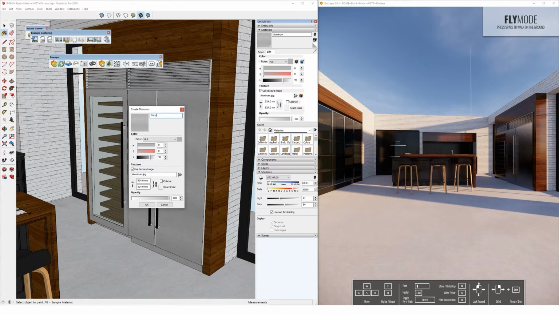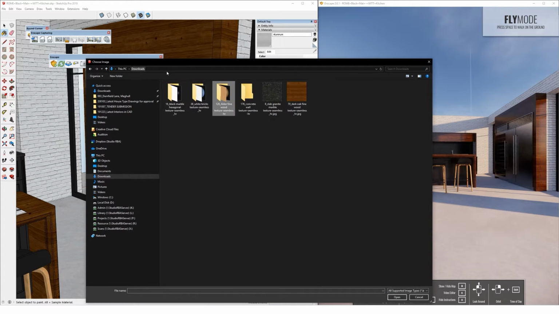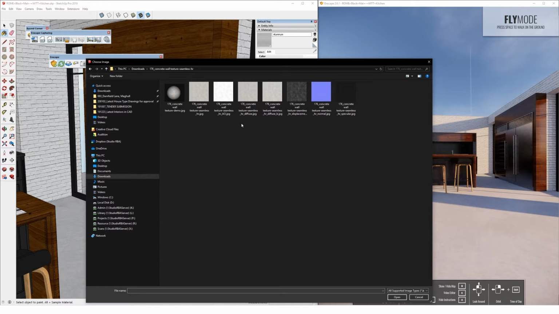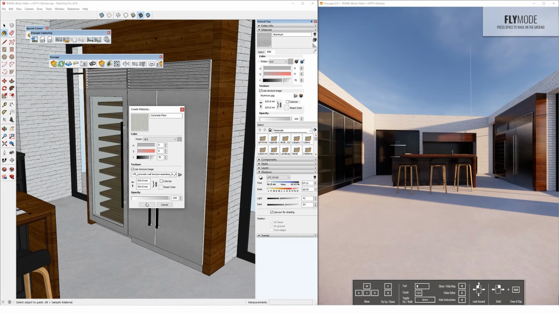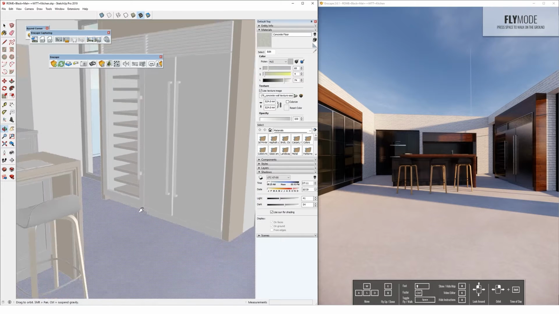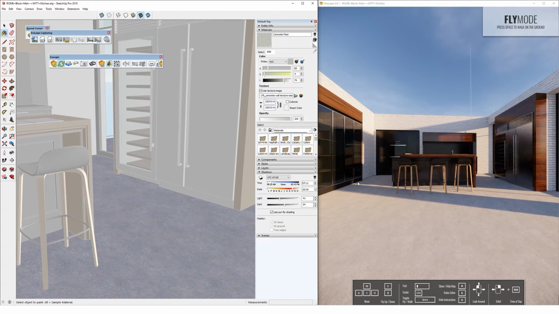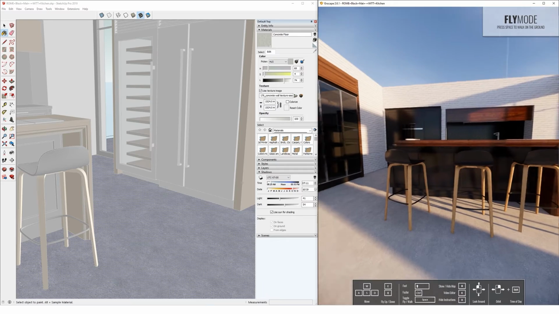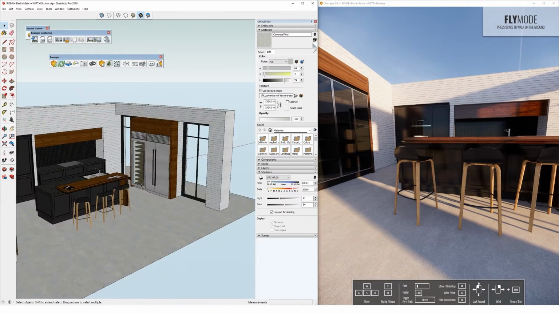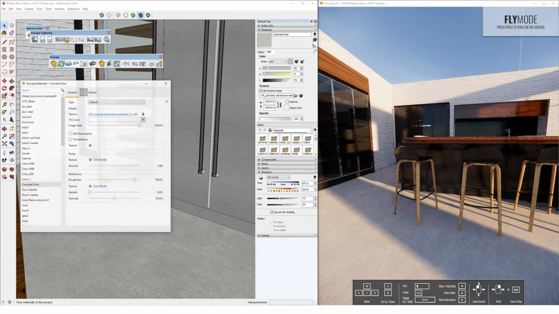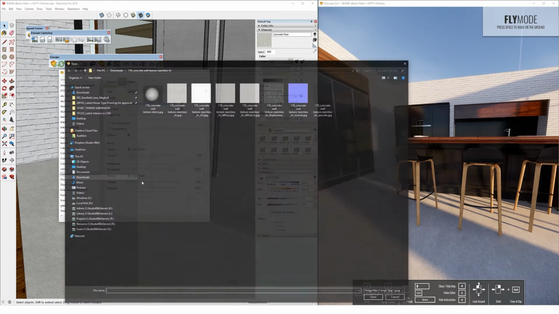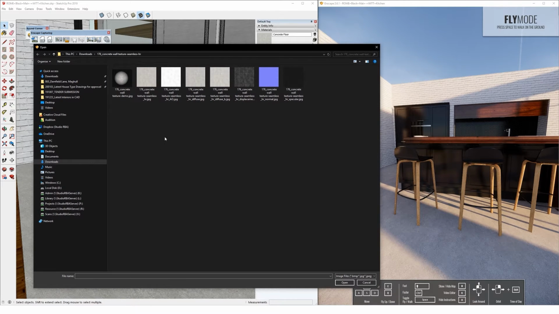Concrete floor. Let's just bump the size of that up. Now the floor texture is key to any good CGI, so